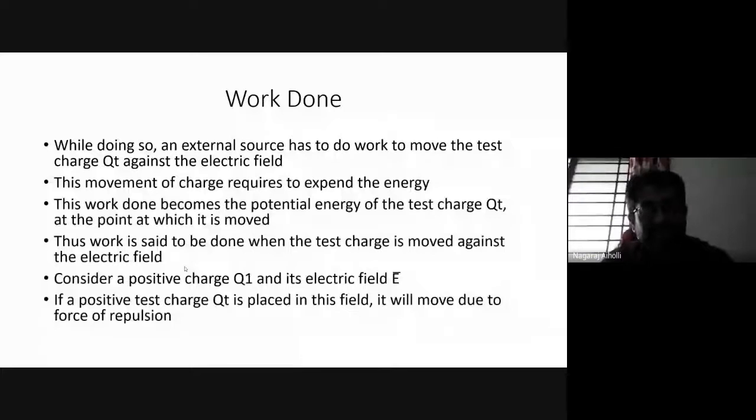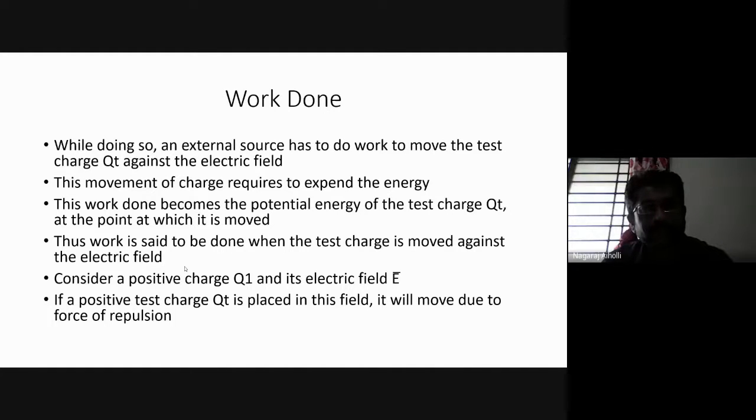So this is another example where we are applying the force, or we are doing certain work. In the first example that we have considered, the work is done on the test charge. In the second example, the general example, we are doing the work on the ball. We are applying the force. So work is said to be done, because there is a force applied and the ball is moving to a certain distance. We know that work is equal to force into distance. So we say that some work is done or some energy is expended.